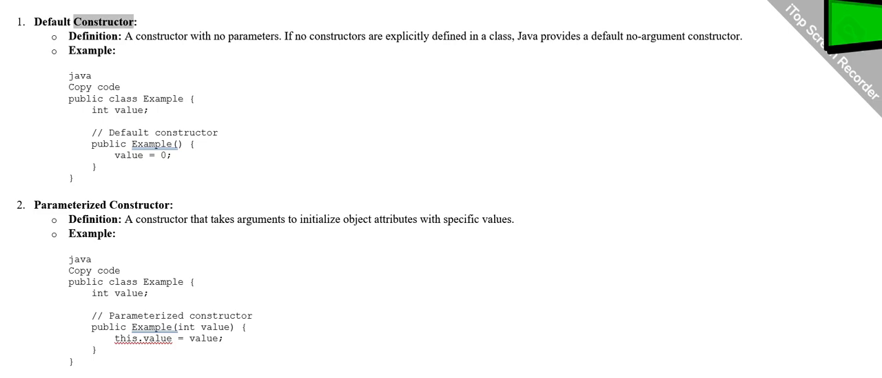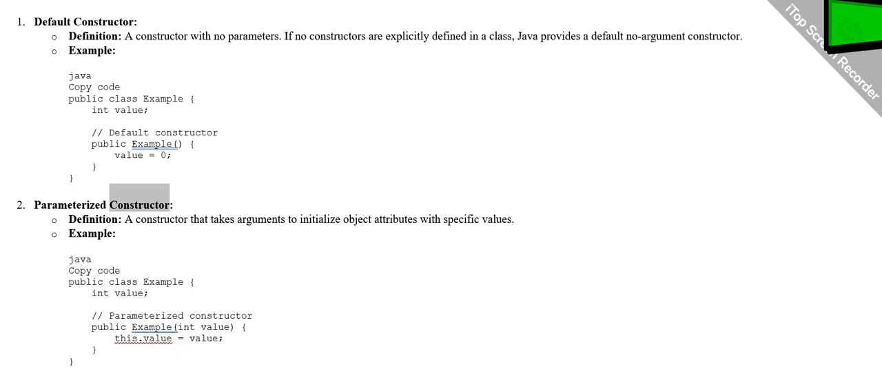Default constructor. Definition: a constructor with no parameters. If no constructors are explicitly defined in a class, Java provides a default no-argument constructor. Example: Java. Copy code. public class Example { int value; // default constructor public Example() { value = 0; } }